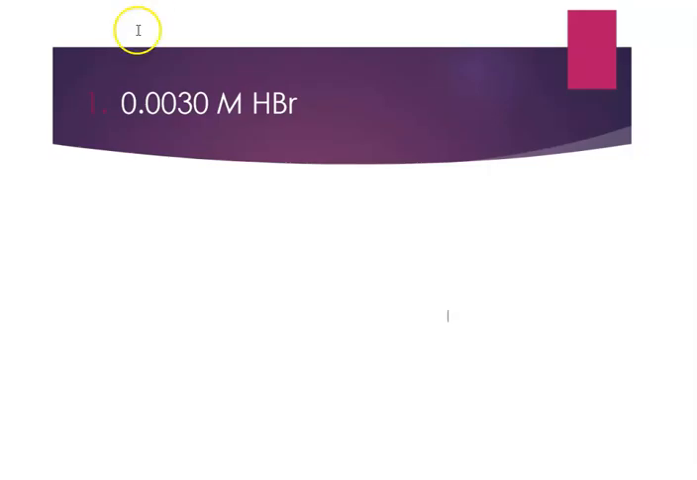All right, first up here, we have a 0.0030 molar HBr. So our first step is to identify whether it's an acid or a base, because that's going to tell us if the negative log of concentration gives us pH or pOH. Here, HBr starts with H, so this is going to be an acid. So the p-value that I find is going to be the pH. So I'm going to do negative log of the concentration,